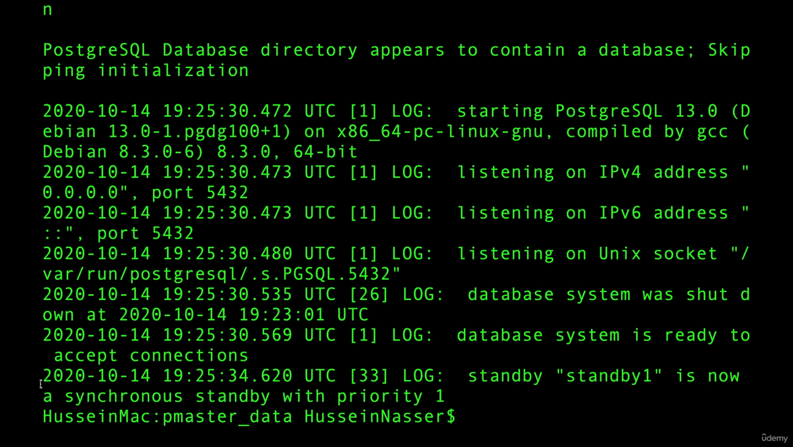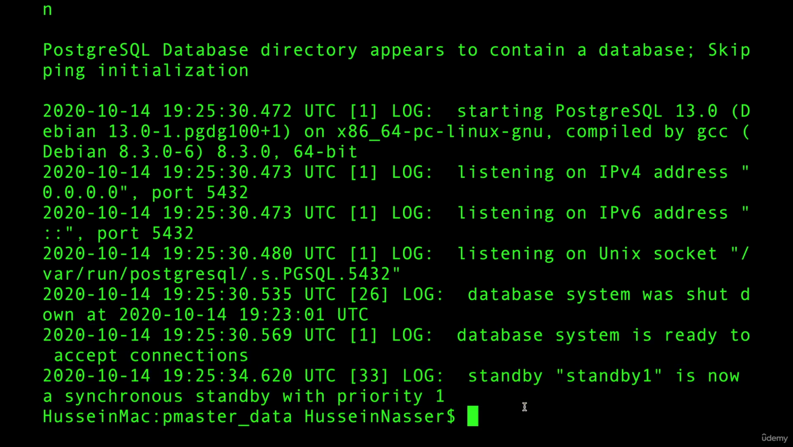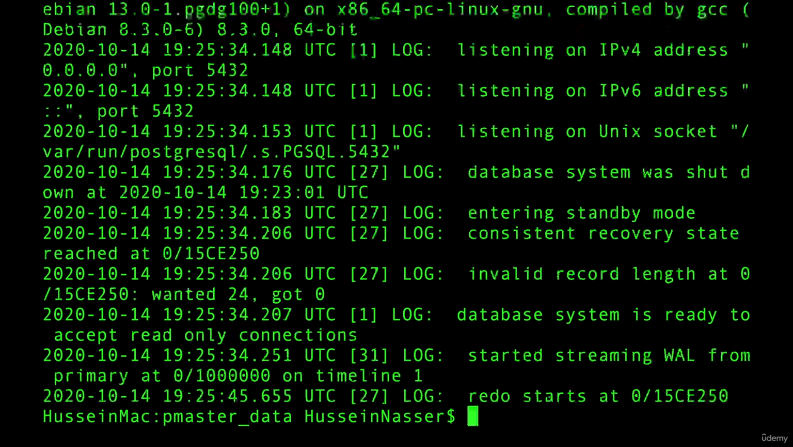Standby 1 is now a synchronous standby with priority 1. Look at the beautiful thing. So now the master is aware. Was this a master? Yes, it is a master. And the master is now aware of the standby 1 replica, right? And now if I go to the standby, it is also aware. It says database ready, start streaming WAL from the primary,